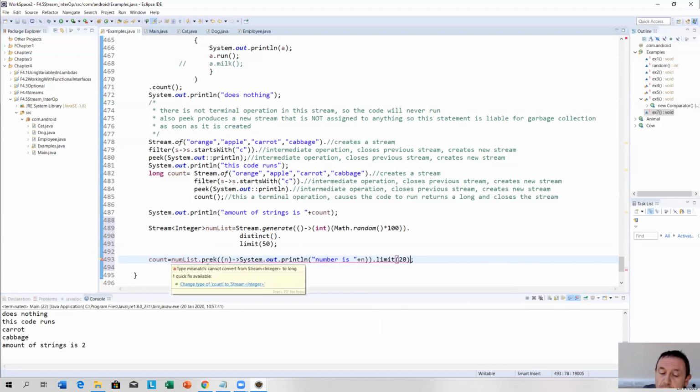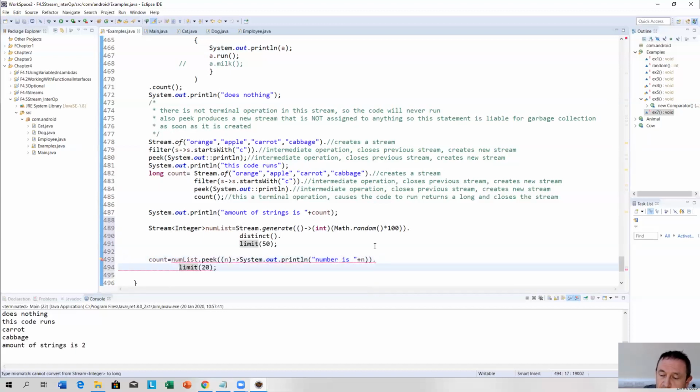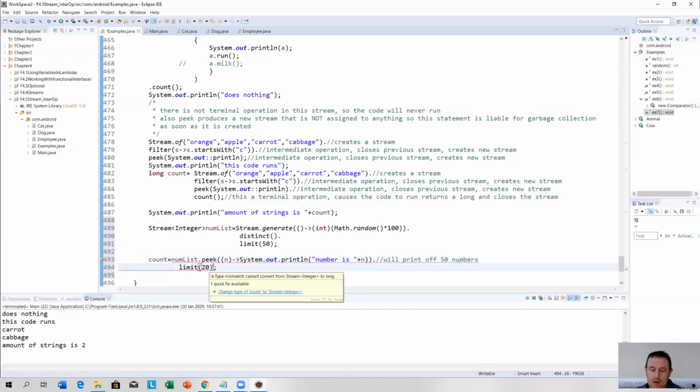So numList.peek, so that will print off 50 numbers. Okay, and we want to limit that to the top 20. Okay, and then I go dot peek, and I'll say second batch of numbers is,